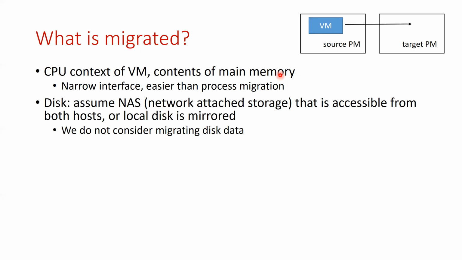So what about other devices and IO devices, disk and so on? Most of these VM migration techniques, like the papers we are considering, do not deal with disk migration. They assume that both the source and target have a common network attached storage, or NAS, that is a common storage accessible from both locations, or they assume that the contents of the disk have been mirrored, copied. So we do not have to live migrate disk data. Things like memory are constantly changing when applications are running, so those are much harder to migrate, and that is what we'll focus on. Whereas disk contents are fairly static, so you can just copy them across or use a common network attached storage.